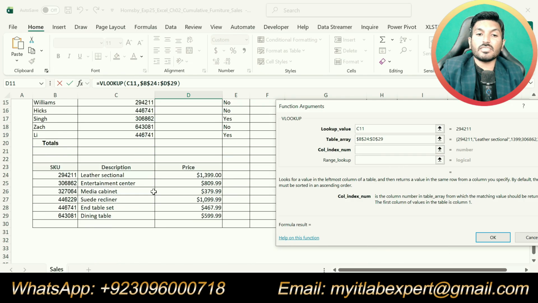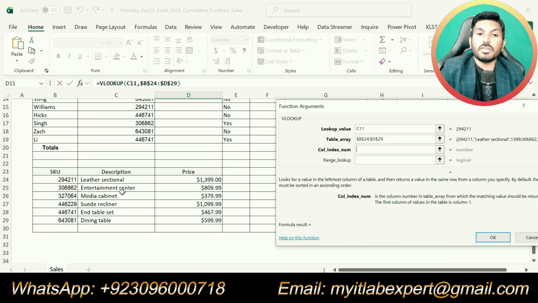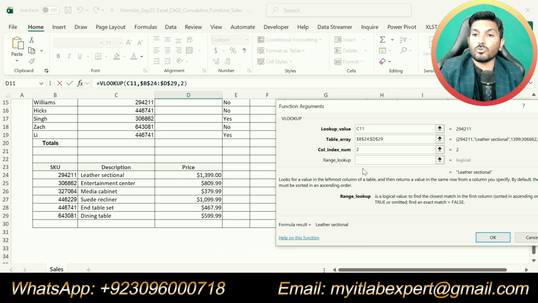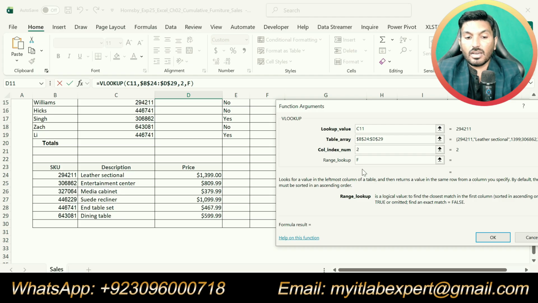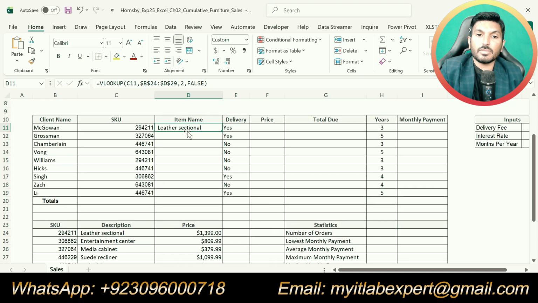And the column index is column 2, so we will type 2, and it should be an exact match. For the exact match we always use FALSE. So we will get the item name, that is the leather sectional. So we got this by using the lookup function.